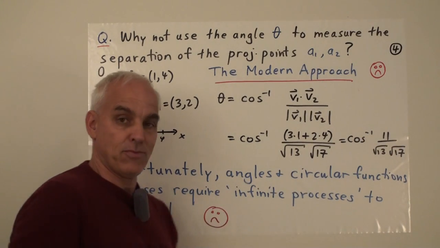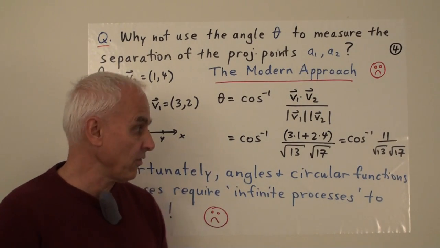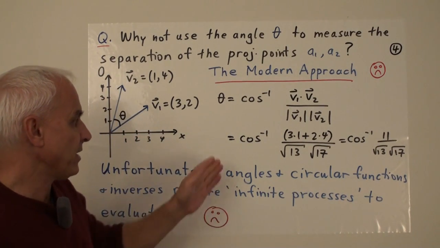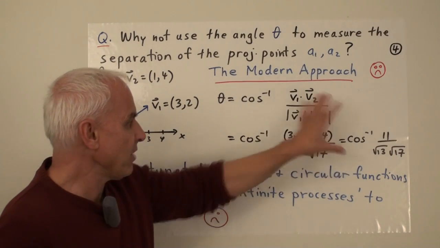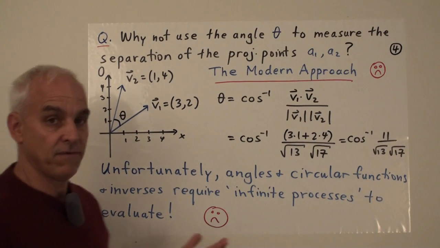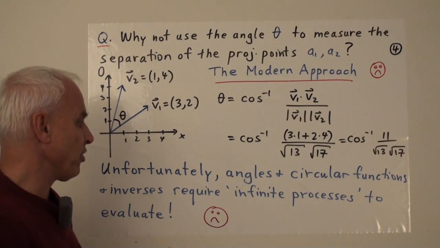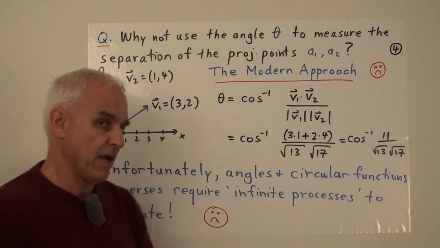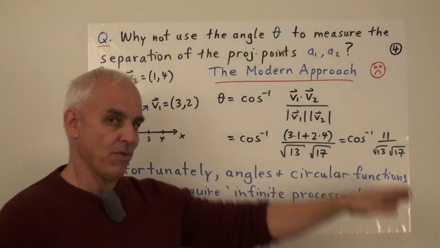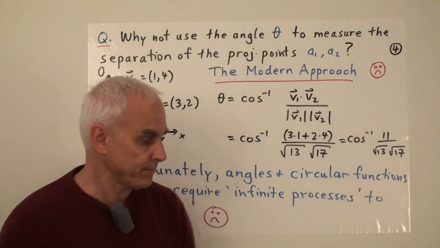So there are square roots here, and you want to evaluate them, which are infinite processes. And then there's this rather complicated arc cosine or cos inverse function, which is yet another infinite process, which we'll talk about at some later stage. But the point is that in reality, to actually evaluate these things correctly, that is, completely accurately, is essentially futile. It's impossible. So it doesn't really work from a pure mathematics point of view, even though one can make calculations. But it turns out that one can make much better calculations by trying to get rid of all these transcendental irrational quantities, as you're slowly, I hope, starting to appreciate.